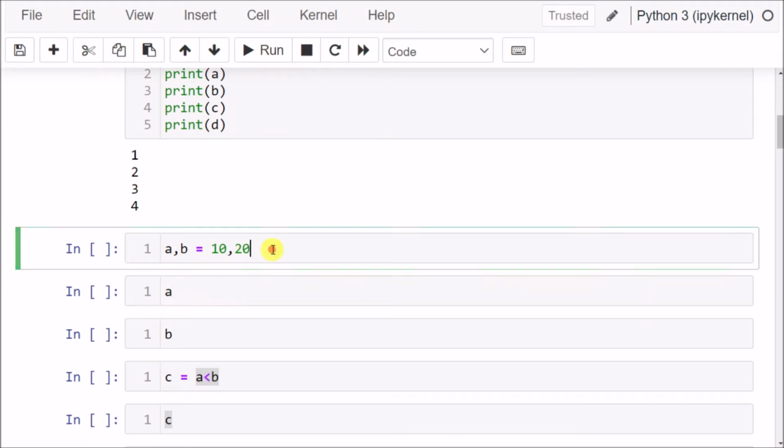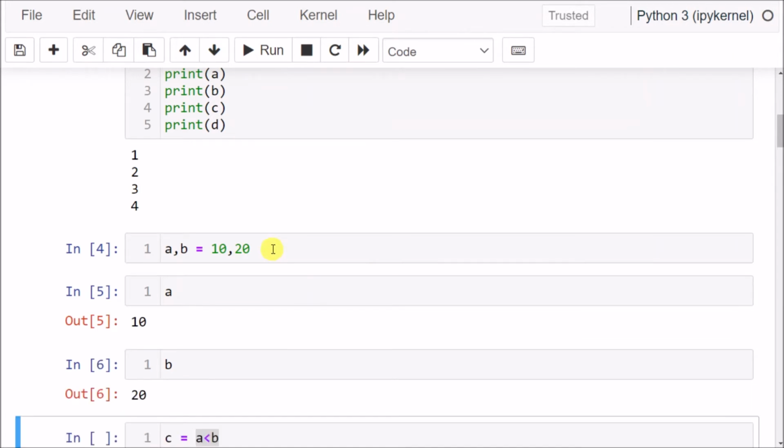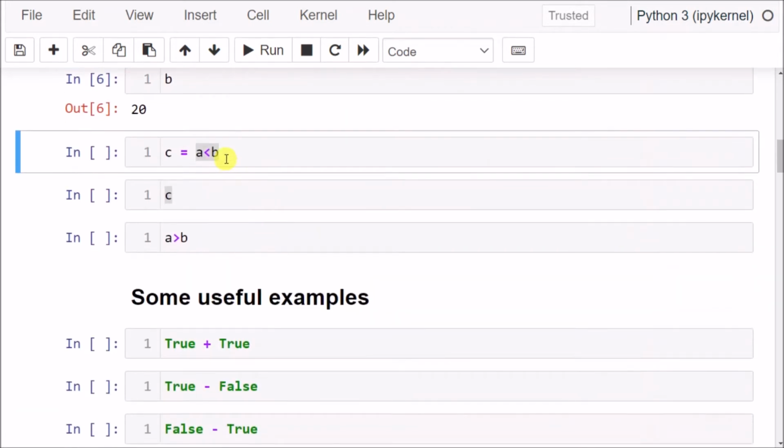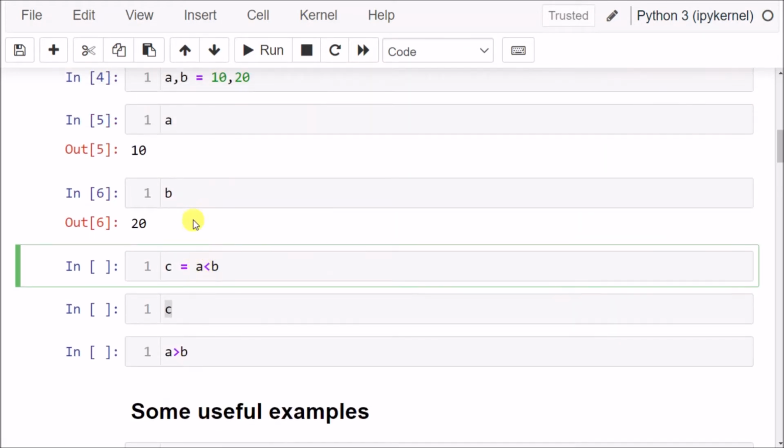In the same way I have created two variables here, a and b. a is 10 and b is 20. Here I am using a relational operator. I'll discuss what a relational operator is later, but for now just remember this is the less than operator. If a is less than b, then it returns True, which is actually correct, because the a value is 10 and the b value is 20.